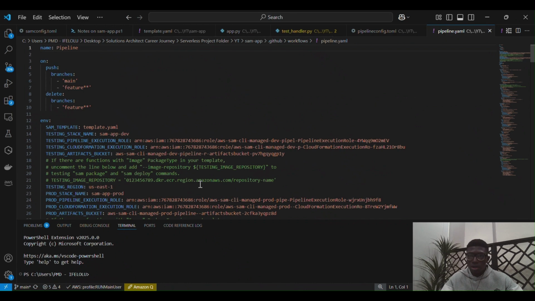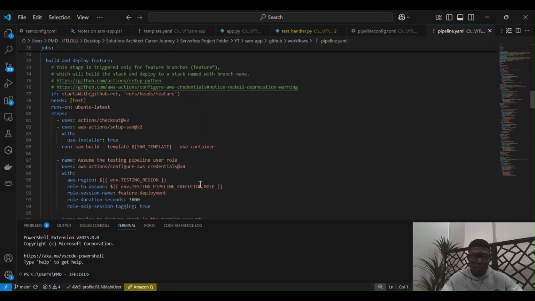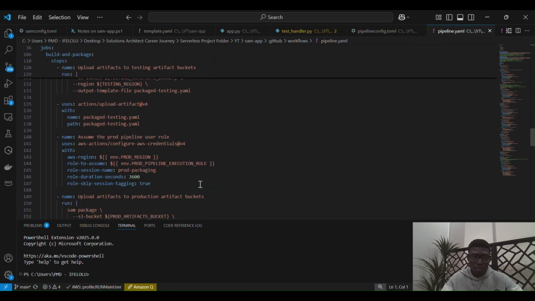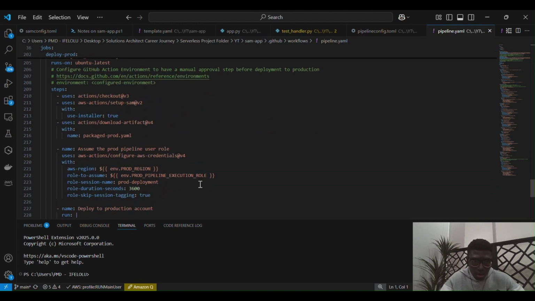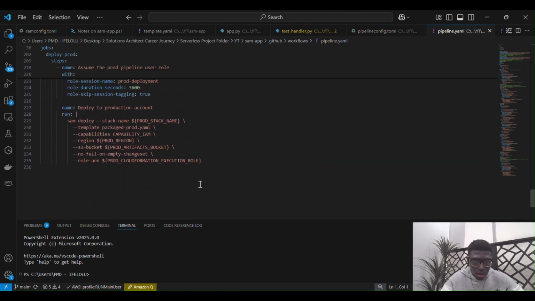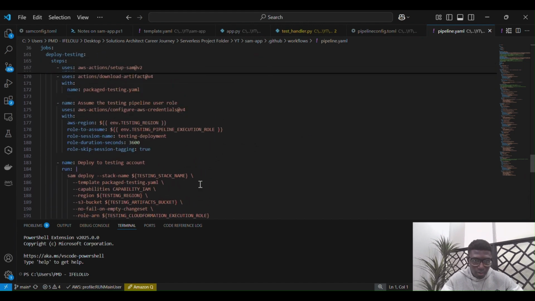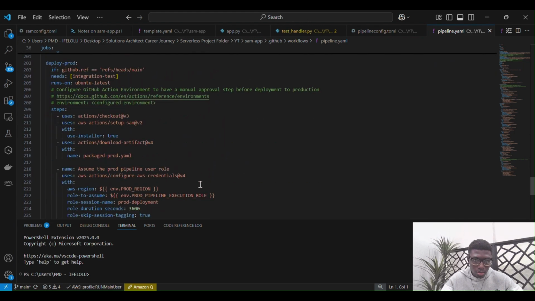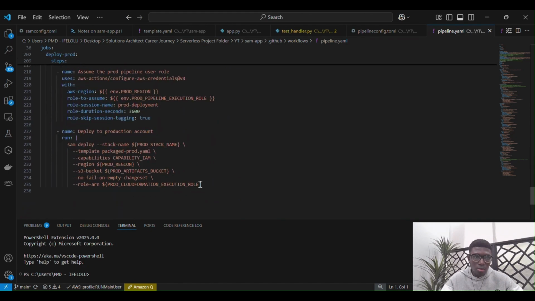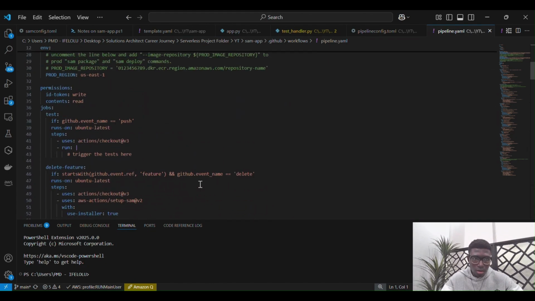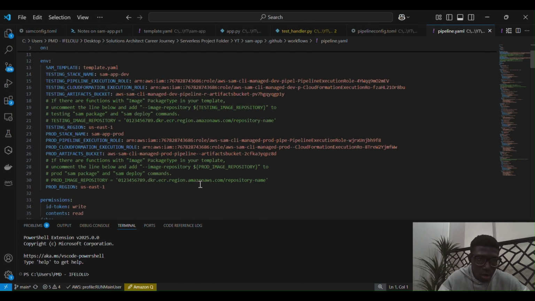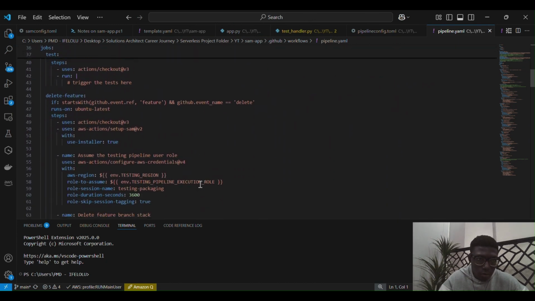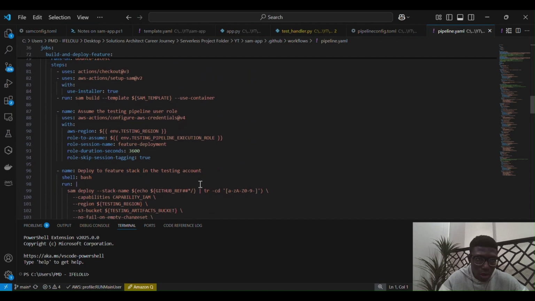So this has all the information that will be needed to actually do all the CI/CD movements. So there's a lot of things here, but I can go through them. So right now they have build and deploy,